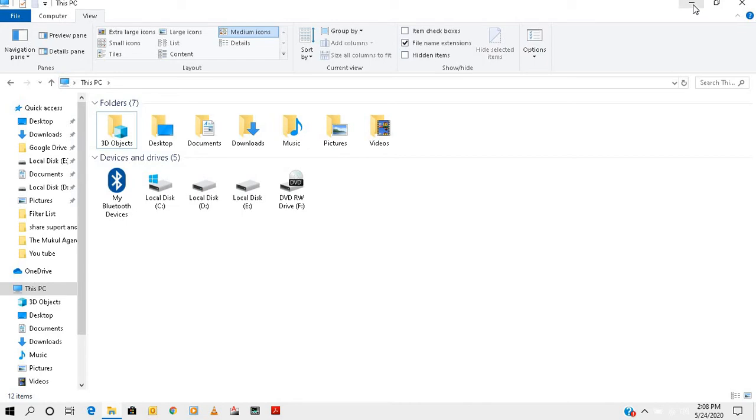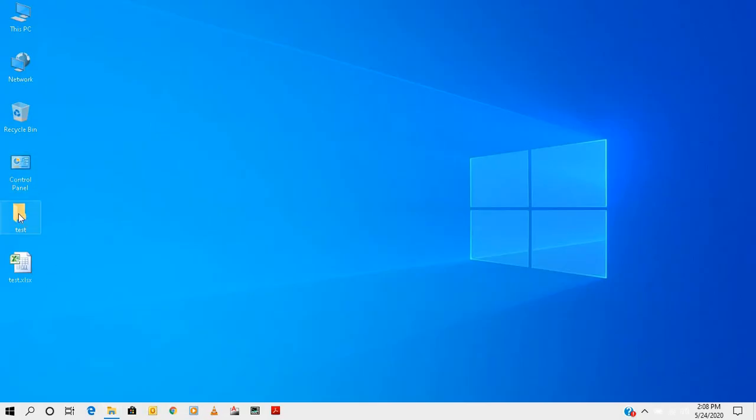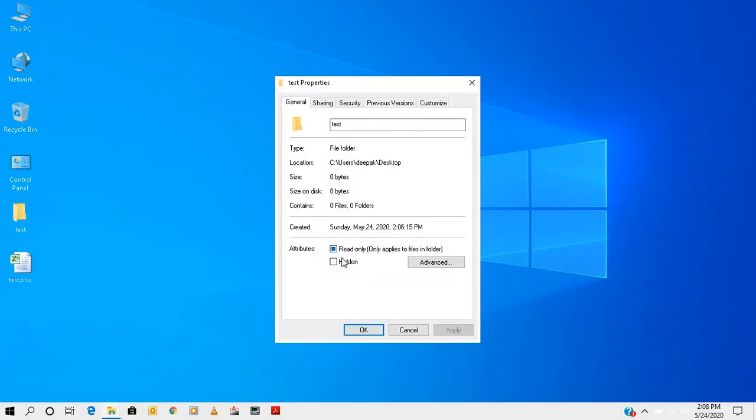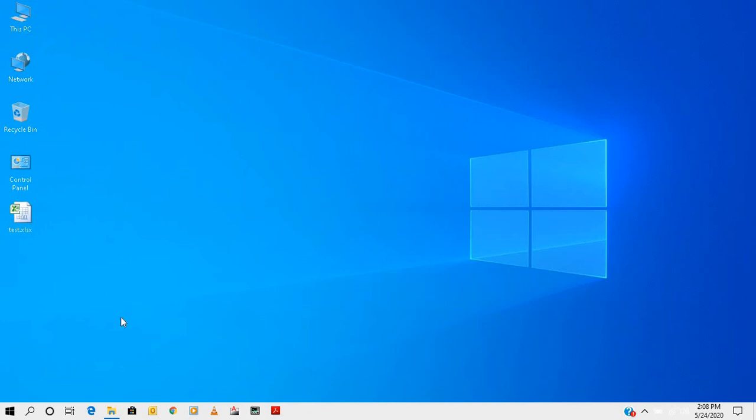Apart from that, suppose you have some important data and you don't want to show your friends, your family, or anybody. So what you will do is hide the folder. You just right click, go to properties, tick hidden, and you will see it is hidden from your desktop or your drive, anywhere.